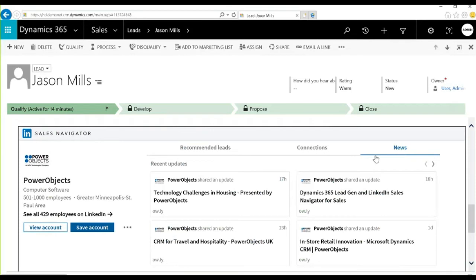Power Objects, what have they been doing from technology challenges and housing, how that's been big with one of our branch offices overseas, or CRM for travel and hospitality, really talking about a lot of different things and what's important at the specific organization. So really getting a better look and feel and understanding of how this is part of a lead record right within Dynamics 365, and how when you load that app, you're able to bring forth